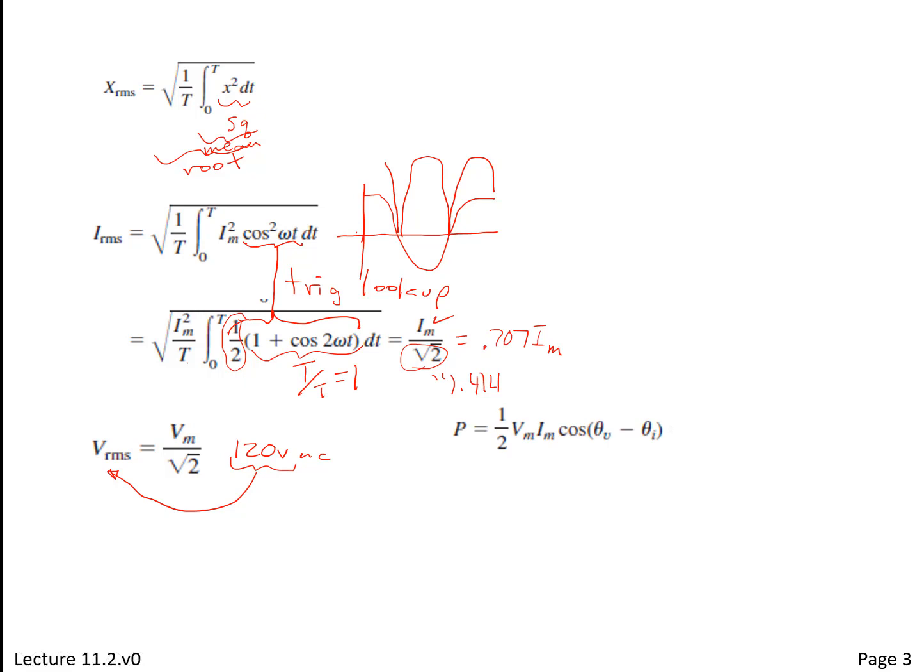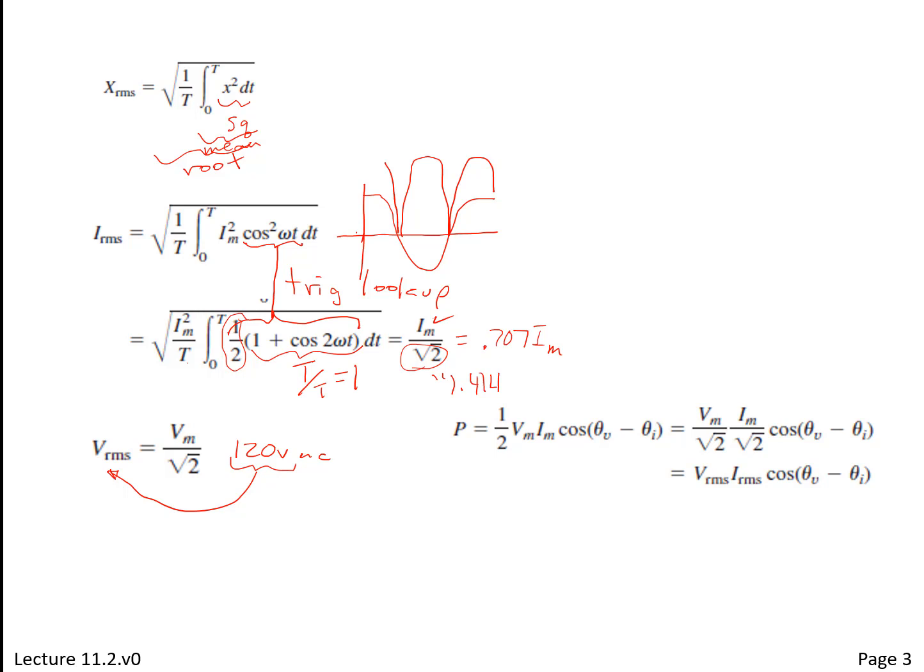So now if I look at the power of the whole thing, where did this 1/2 magically occur here? Well, that's because this was Vm over the square root of 2 and Im over the square root of 2, okay? I'll copy that in. So there it is, Vm over the square root of 2 times Im over the square root of 2, right? And when you multiply that out, you've got what? VM